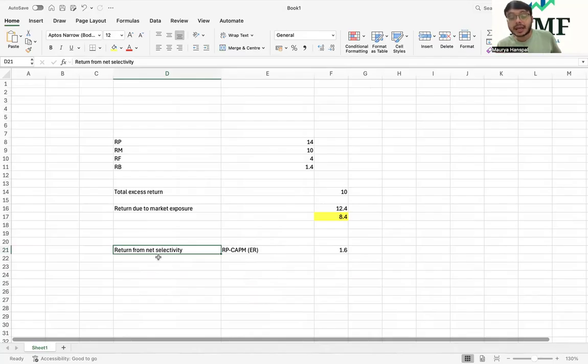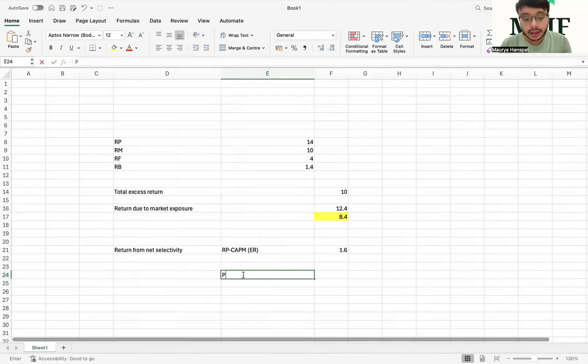Due to pure stock picking ability, this 1.6% can be contributed towards the manager's pure stock picking ability, and that is something we need to understand. And 8.4% is coming from higher beta, pure market exposure, और हमने इसको और रिफाइन करके ब्रेक डाउन कर दिया है।